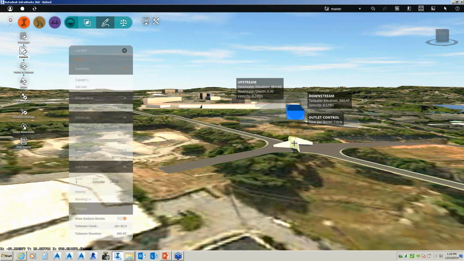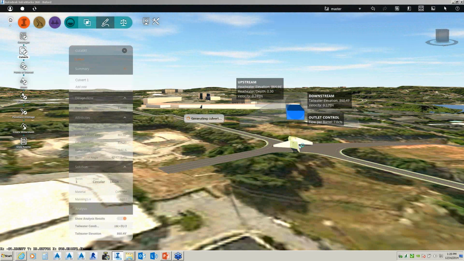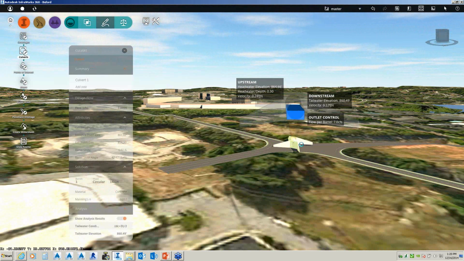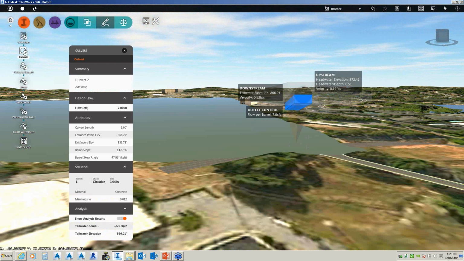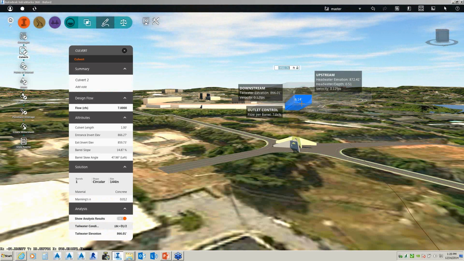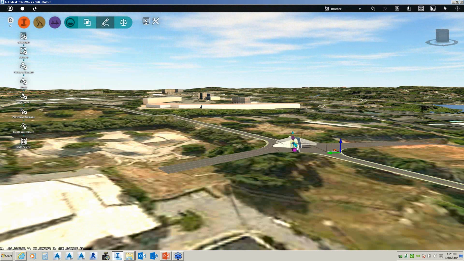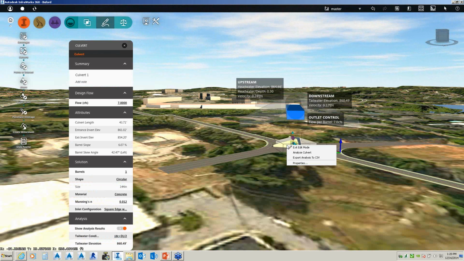And the beauty of working with this culvert, if I pick on my culvert once this catches back up, the beauty of working with my culvert is I can analyze this culvert.